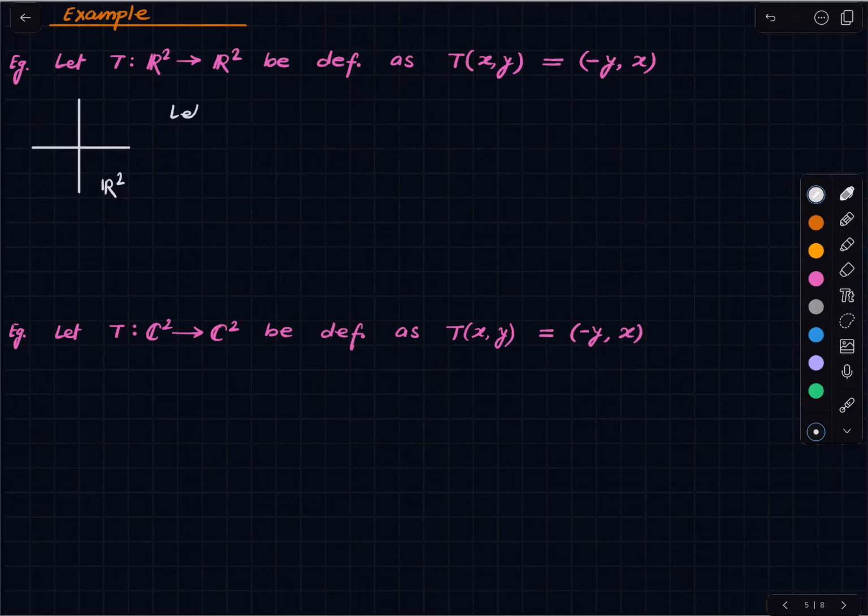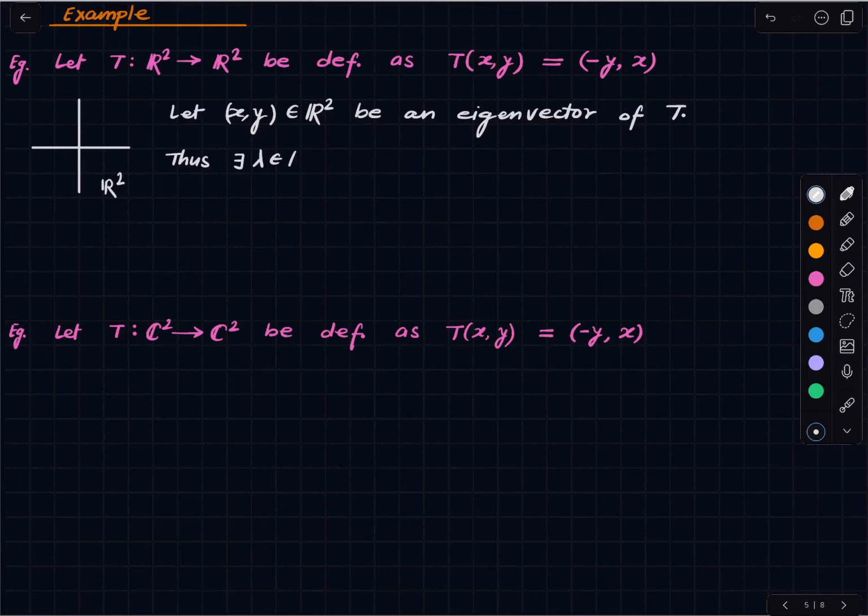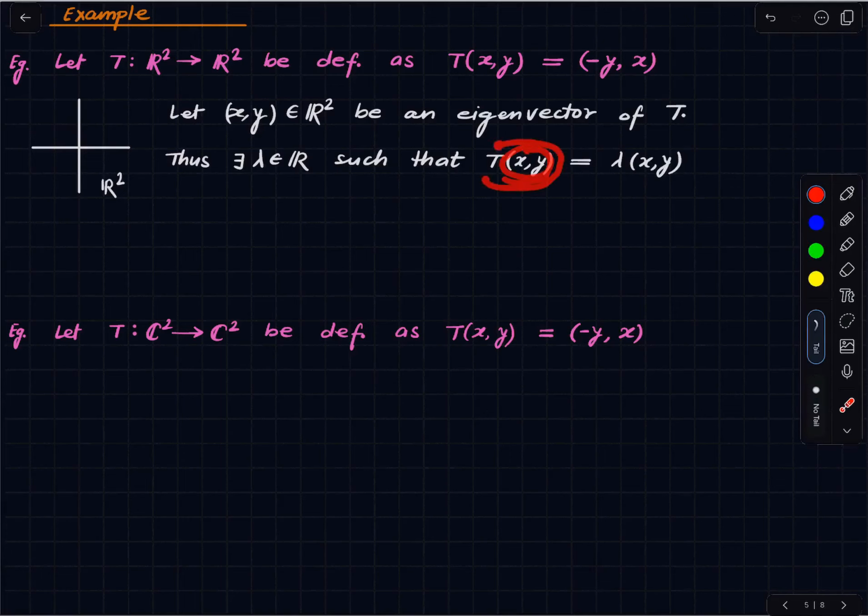So let this be an eigenvector, and therefore there is some lambda such that this is the case. We just used the definition of an eigenvector. This being an eigenvector, meaning this thing is in the span of this thing, and therefore there is some lambda for which these two things are equal. Which implies, by definition of T, this is the case, which implies